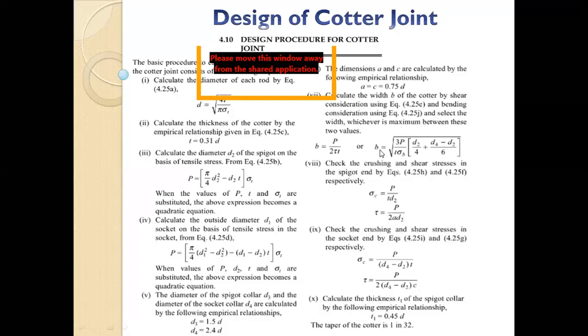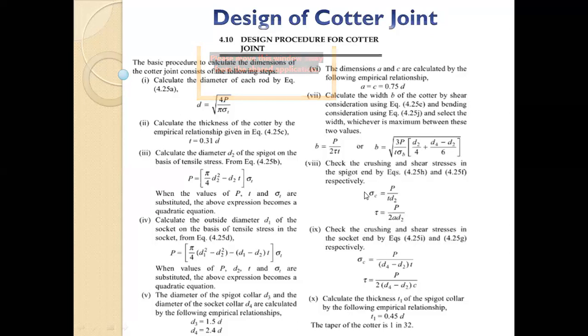And the second is the bending failure. B is equal to root of 3P upon T sigma B, where sigma B is the allowable bending stress, times D2 by 4 plus D1 minus D2 by 6. Using this equation, we will get two B's, one from the first equation and one from the second. Out of these two, we will use whichever is larger. Okay, clear? Now the design of the quarter can be completed, as we know the dimensions of the quarter, B and T. Next, we know all the dimensions. We know D, D1, D2, D3, D4. We know A, B, C, and we know the thickness and width of the quarter. Now all dimensions are with us.